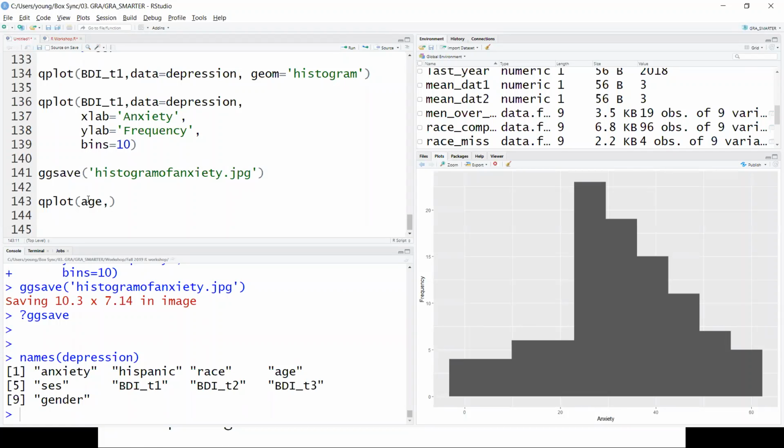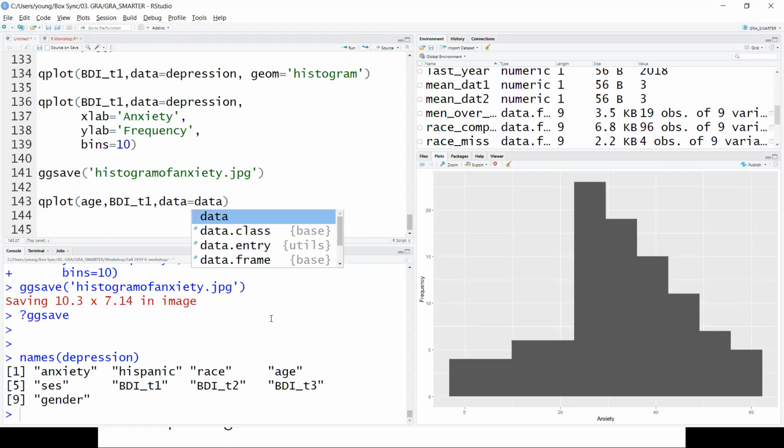So I want to plot age on the x-axis, and on the y-axis I want depression, which is BDI. So time one depression, and I have to tell it what data file, otherwise it's not going to know what I'm looking at.